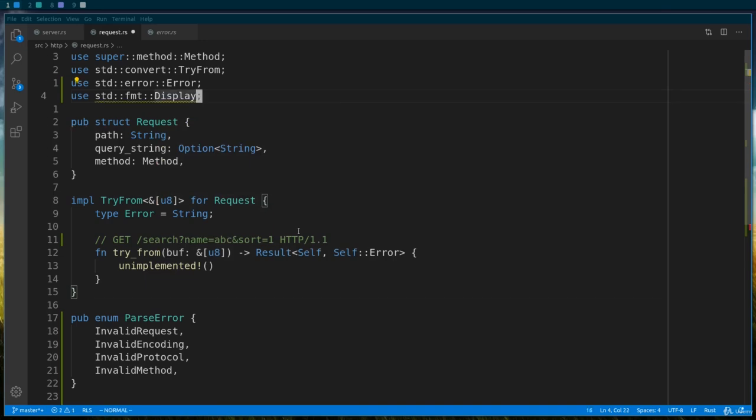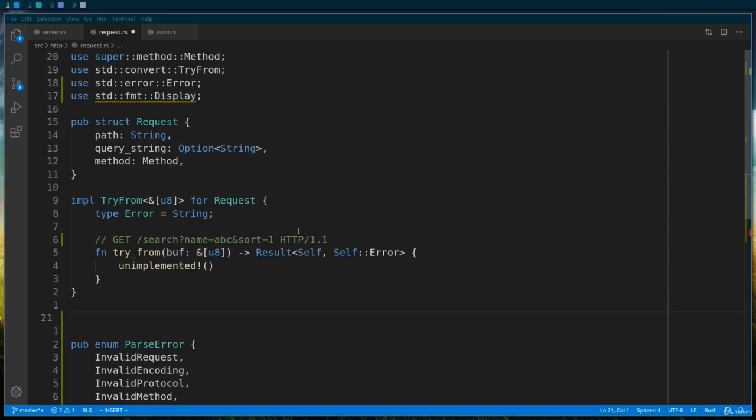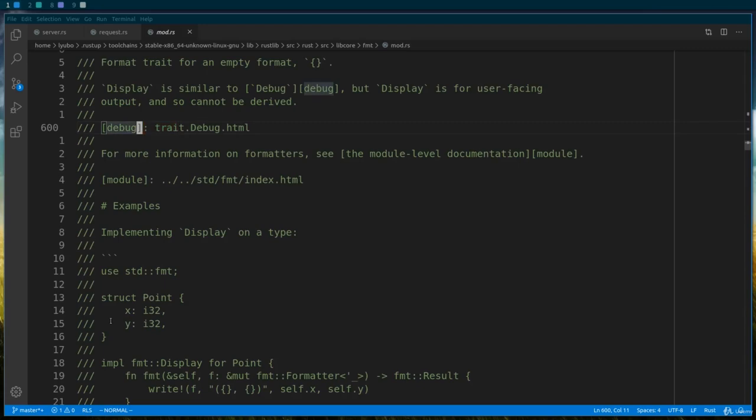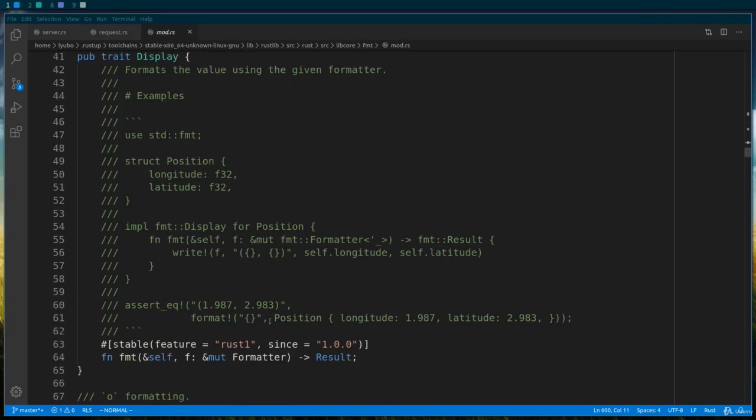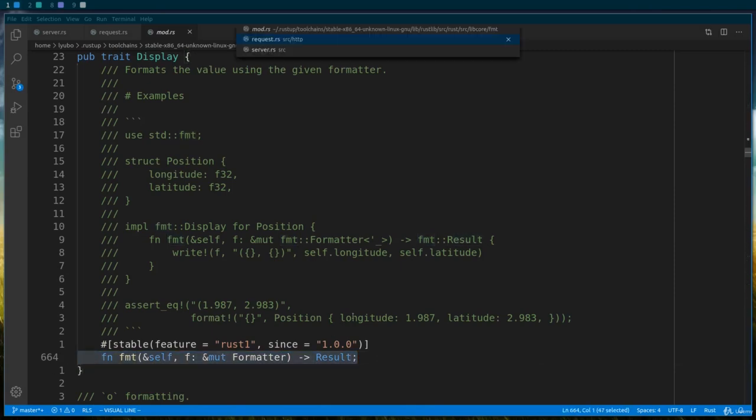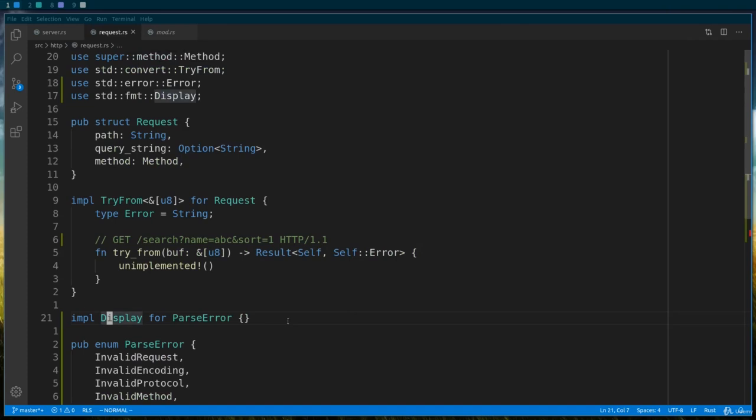And now if we come down here, we can say that we want to implement Display for ParseError. All right. If we look at the Display implementation, we can copy the signature of the function that it expects us to define. So we can copy that, and we can come here and